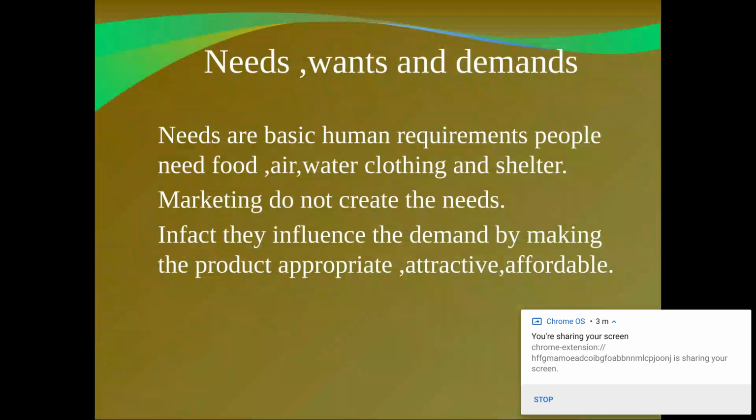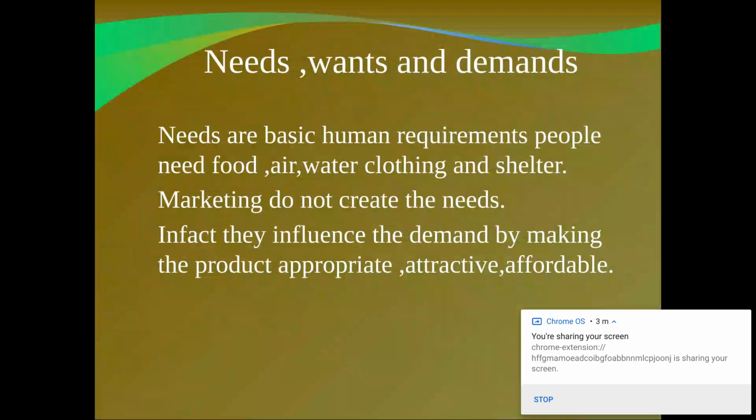Because we cannot create needs, what we can do is create wants. Because wants are the demand for a specific satisfier. When I say that I am thirsty, now thirst is a basic human dissatisfier. It is one thing that human beings are inborn with. It is already inbuilt in them. The demand for thirst is a basic demand. It is intrinsic. So we say that it's a need. Now, when I say that I'm thirsty, I'm talking about need.